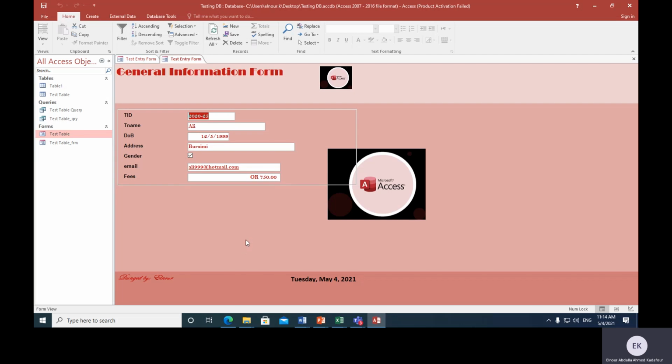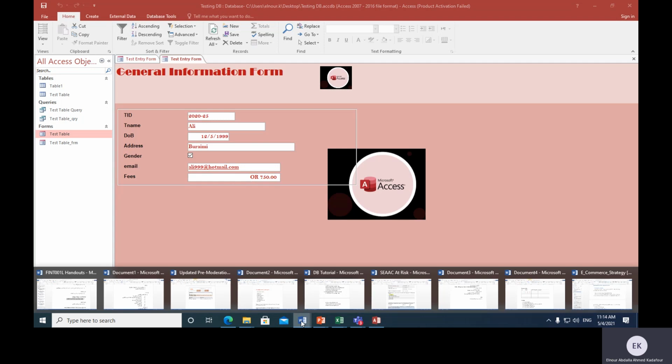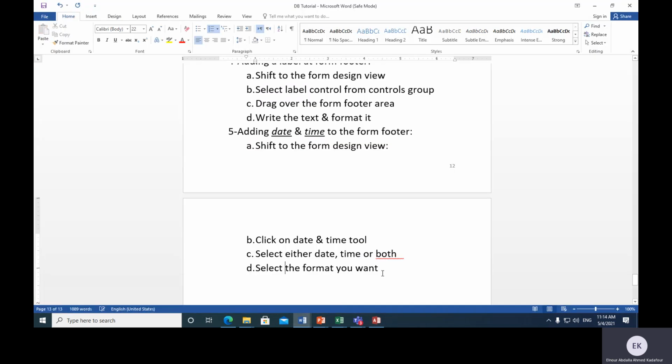A date over here. Have you seen? And then to the left side, this is the label. That's it. So next, let us move to add